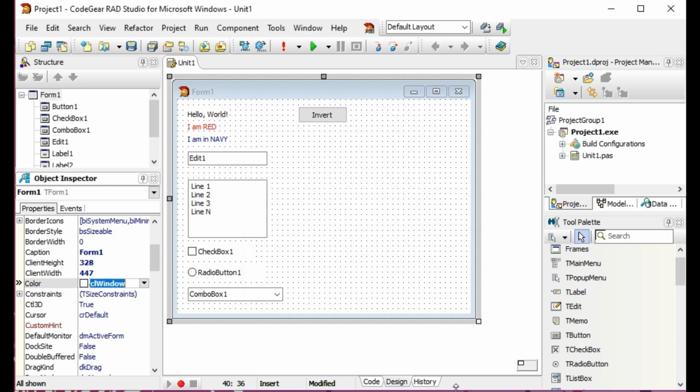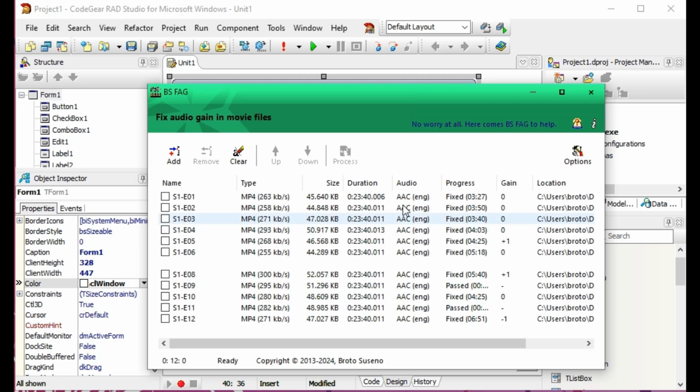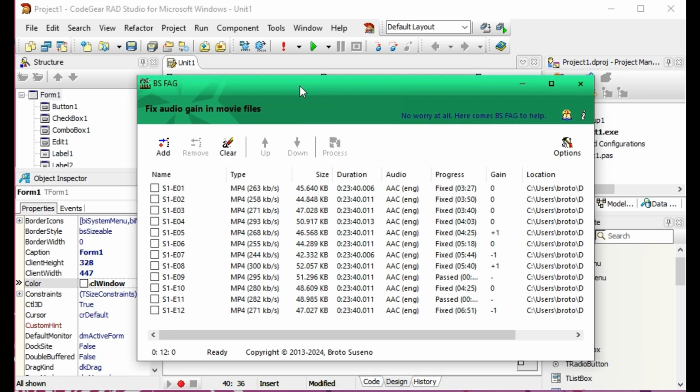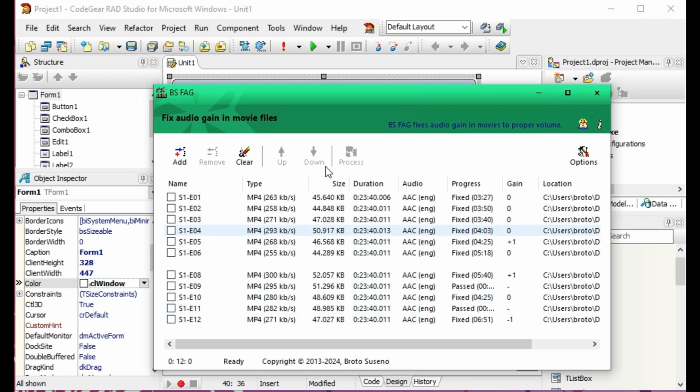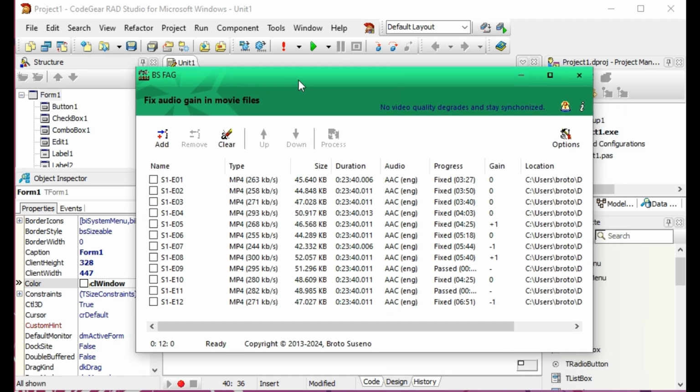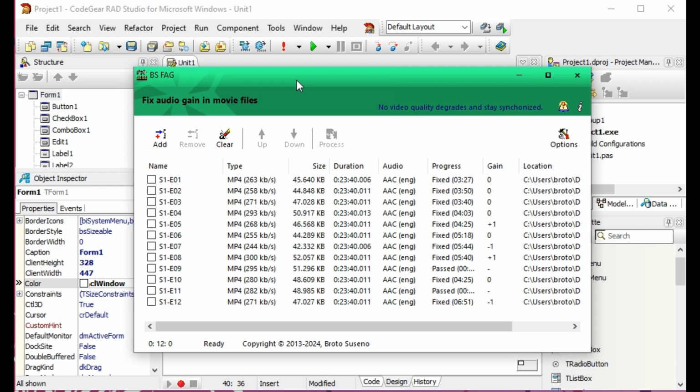And I can show another application that shows another possibility, like this one, BS FAG, sorry, Fix Audio Gain in movie file, that implements another kind of color inversion that converts an image, a bitmap specially.